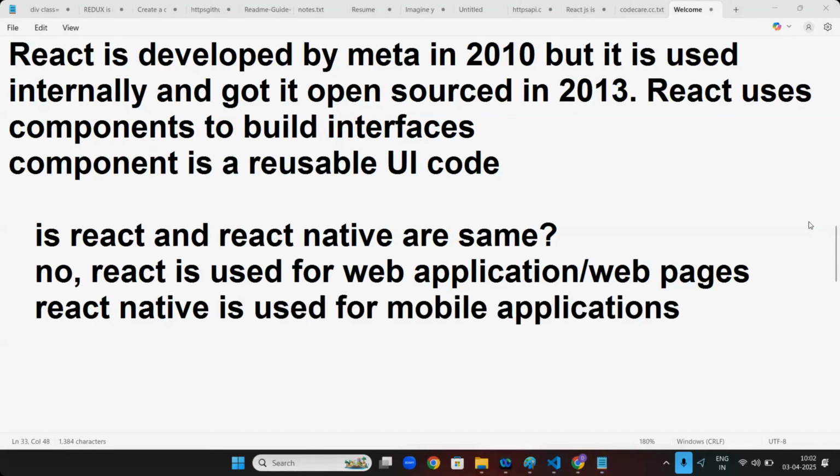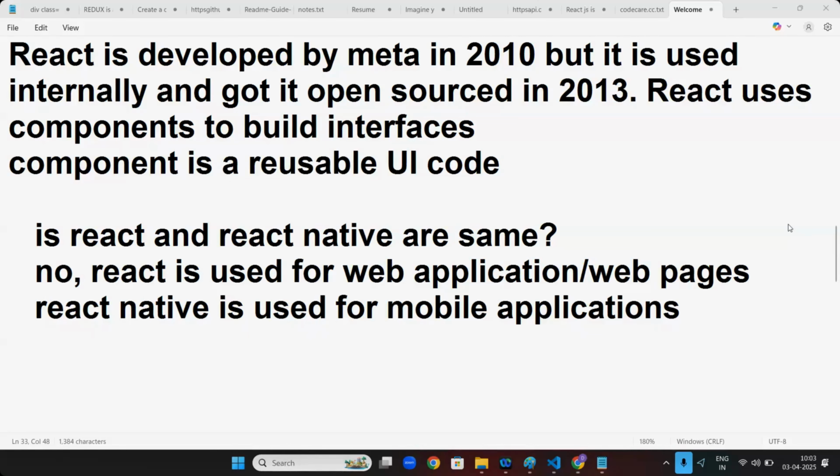React is used for web applications or websites, and React Native is used for mobile applications. Any doubts?